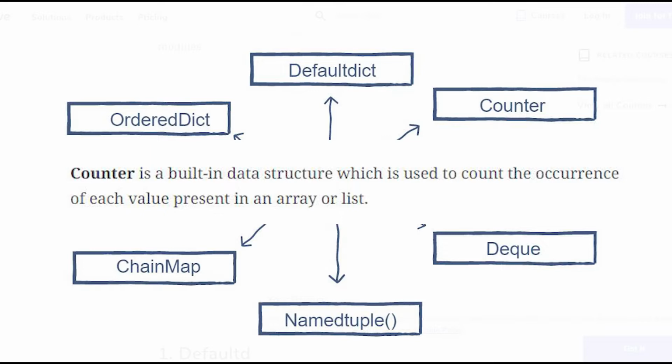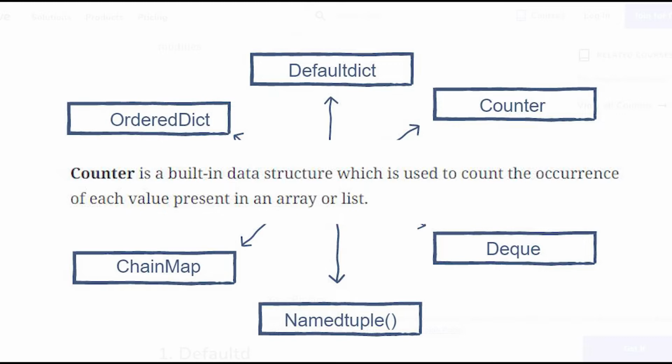So in this one we are going to talk about the counter. A counter is a built-in data structure which is used to count the occurrence of each value present in an array or a list. As we know, arrays in Python we call them lists. So we are going to see that a counter is just used to tell the occurrence of each value present